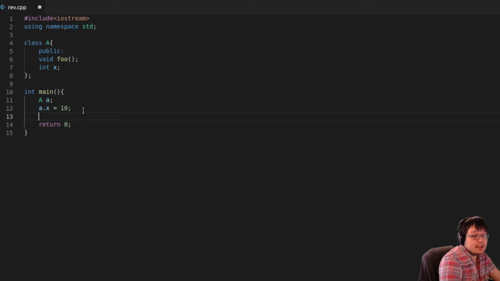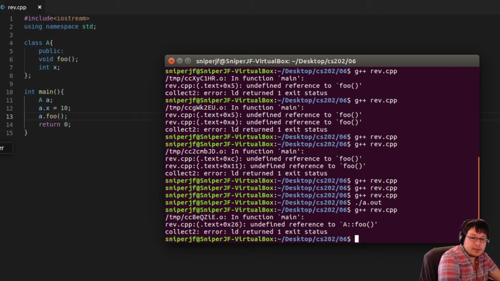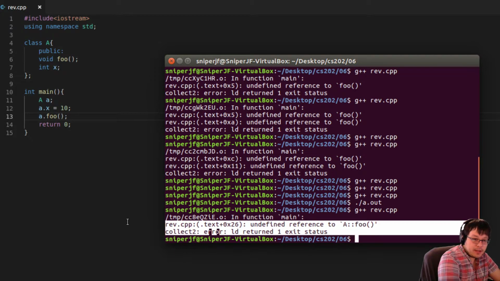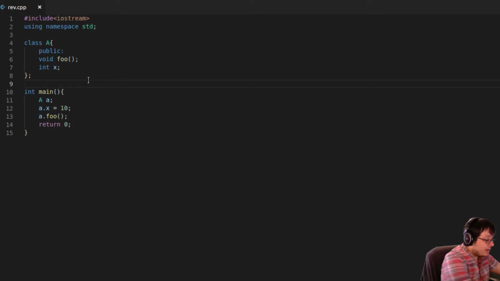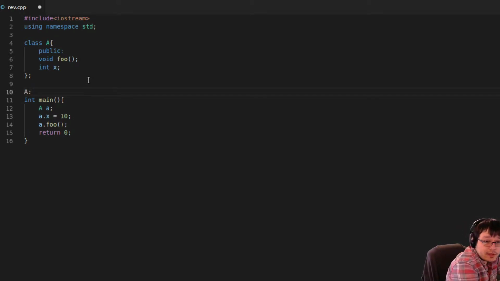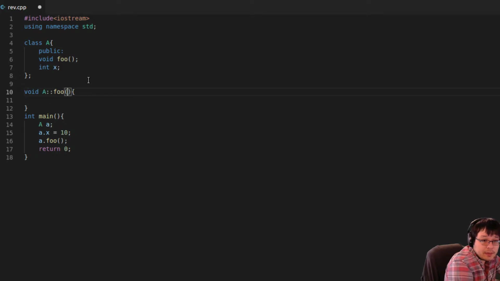You technically have it, it's not really an error, but it might not be what you're trying to do, because the moment that you try to do a.foo, it's not going to compile, and it's going to give you an error saying basically undefined reference, that same error again. And yet again, if you were trying to define it outside the class, and you make a typo, you make it uppercase Foo like that,